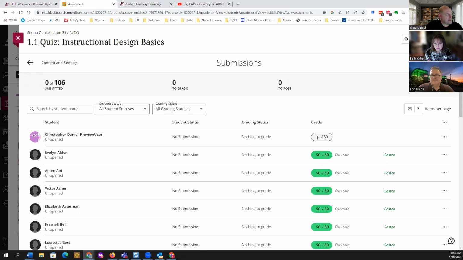One interesting aspect is that when we grade, that doesn't mean the student sees it yet. If I assign a grade here on a quiz, it posted automatically. Sometimes, if we go into a document and give feedback and assign a grade, the student doesn't see it until we click a post button. So for a quiz, it's going to do that automatically.